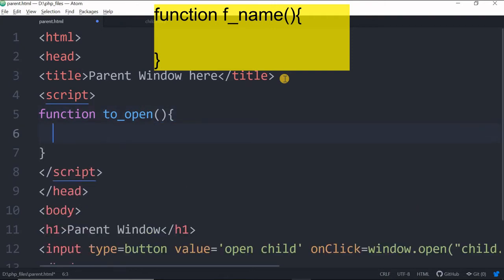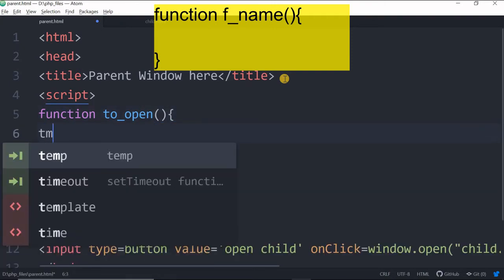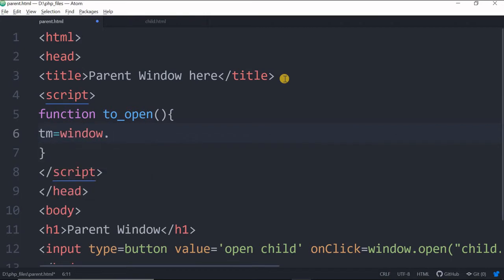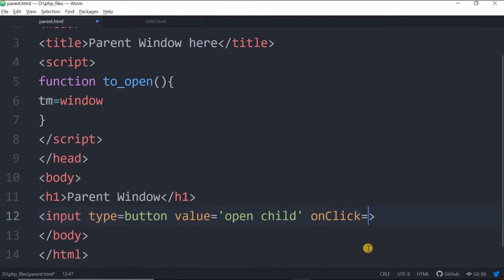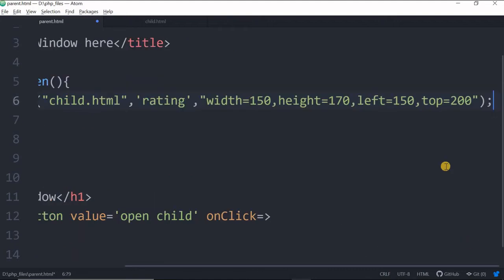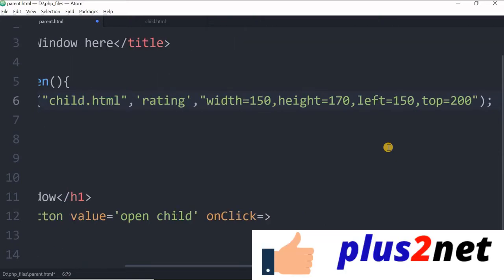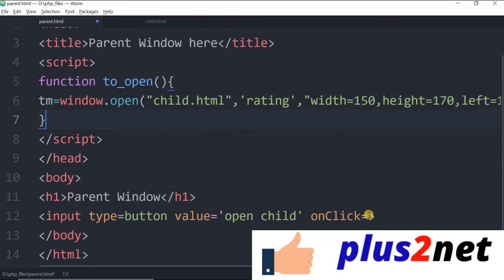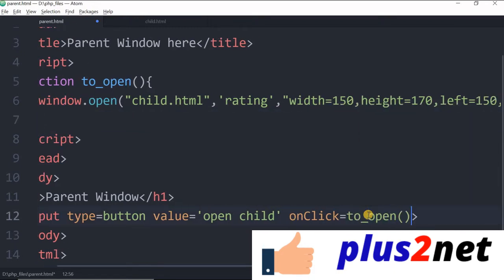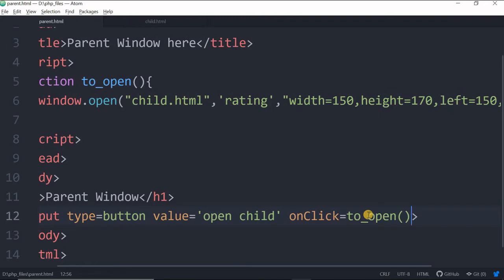Inside this we'll write window.open, so let's copy from here till here and put it here. Now on click we'll write the function name here, toOpen. So this is over.